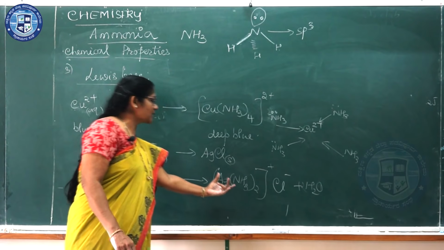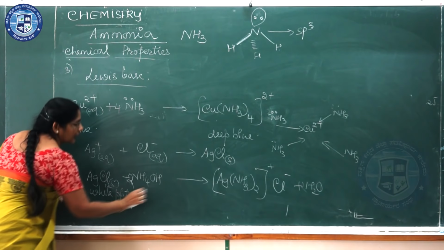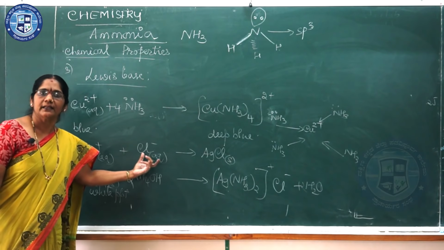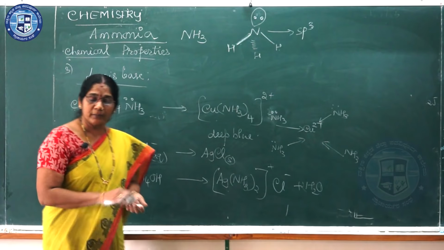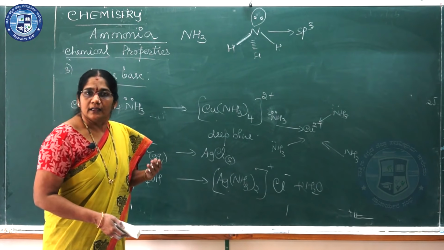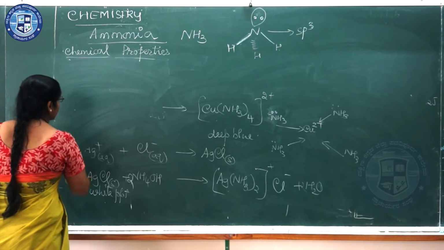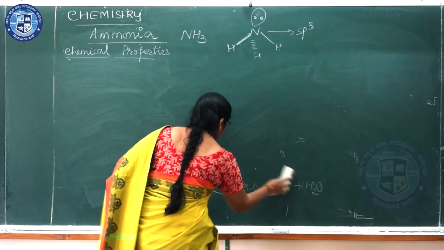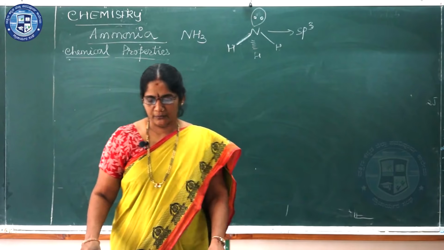So we can use this reaction also. The white precipitate becomes a colorless solution. So this is also used in the identification of chloride radical in the laboratory during its confirmatory test with the silver nitrate solution. So ammonium hydroxide or ammonia solution can be used in the identification of the metal or few radicals in the qualitative analysis by observing the color changes or the visible changes occurring in the test tube. So these are about some of the reactions